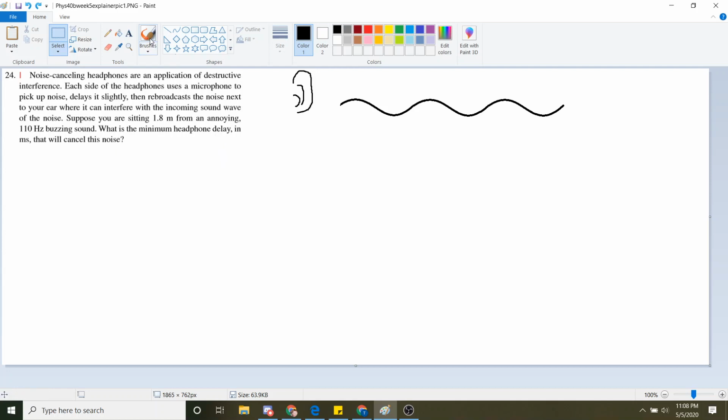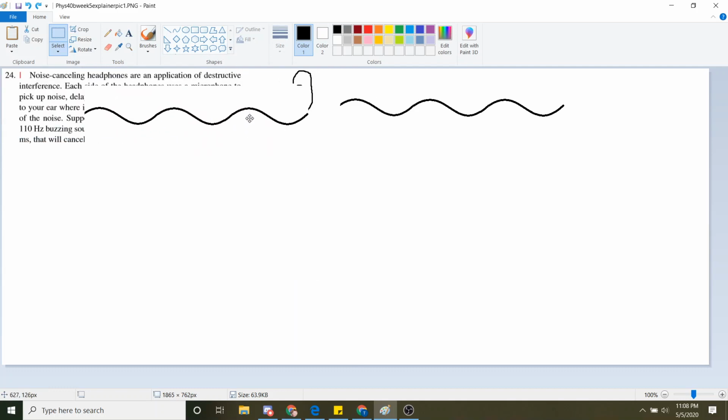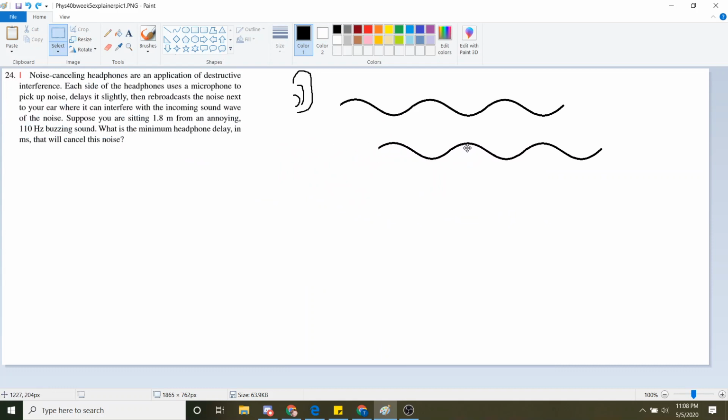So you take a look at the illustration to the right. This is supposed to be an ear, or something that looks generally like one. And this is the sound wave that your headphones will pick up, and it will delay it as it hits. It will generate a similar wave, and it will shift it slightly in order to get the sound waves to cancel out. So in order to achieve this,